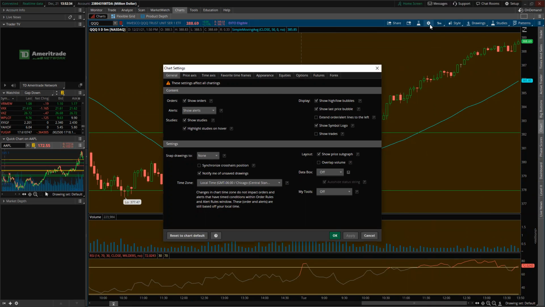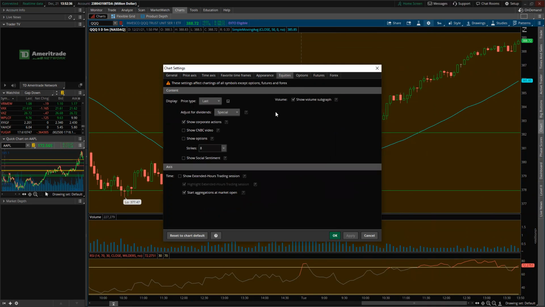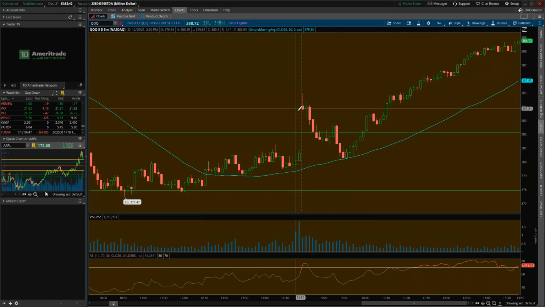All you do is come up here, hit this sun, go into equities, and uncheck show extended hours trading session. Just uncheck that, and it'll give you nothing but the US trading hours or the price action during the US